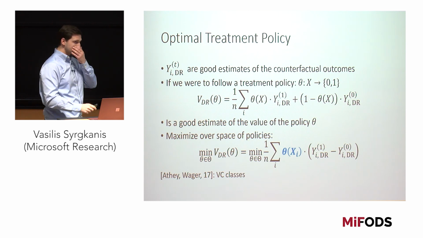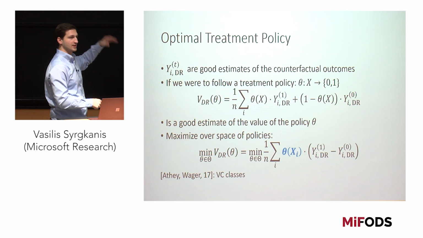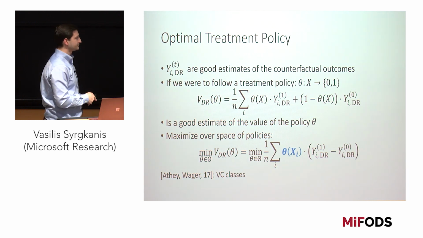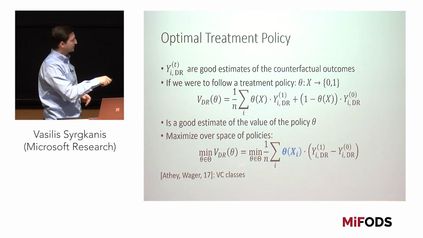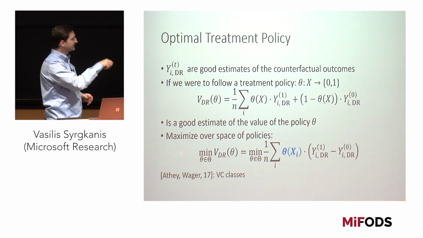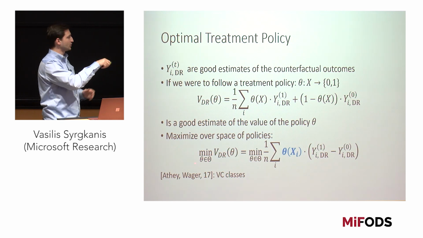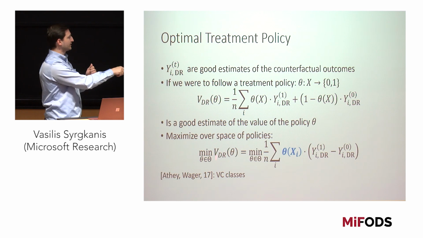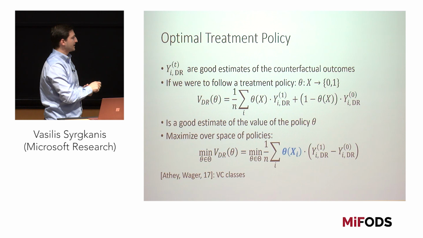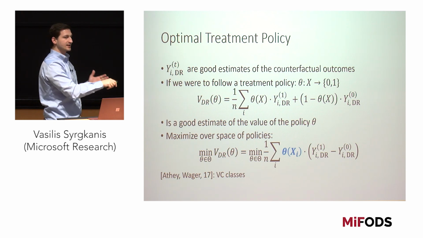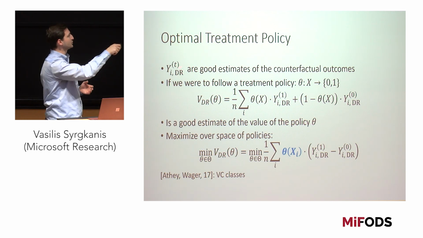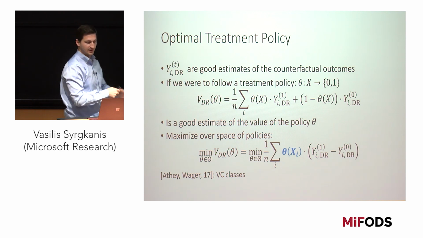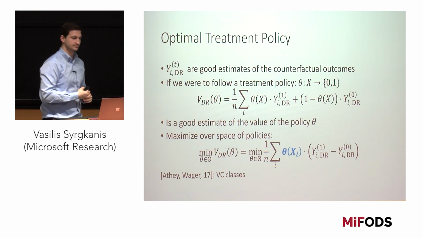Do you sample split here? Yes, in all of these you always sample split for the nuisance parts, or do cross-fitting. And again, there was this paper by Athey and Wager that says that the regret of your final policy here, so the difference between that final policy and the best policy within the policy space, if you knew the true value function, is of the same order as the oracle regret plus a second order effect of the nuisance estimation errors of either the regression model or the propensity model.